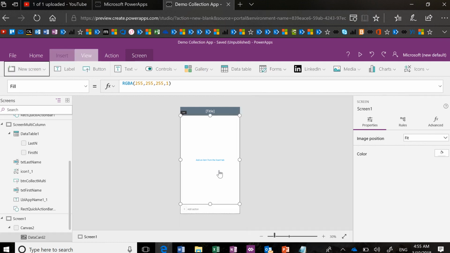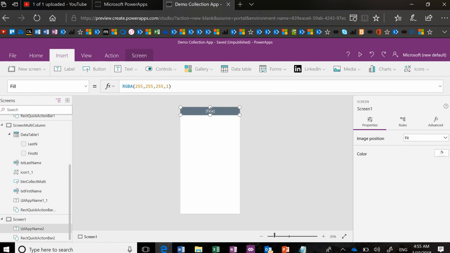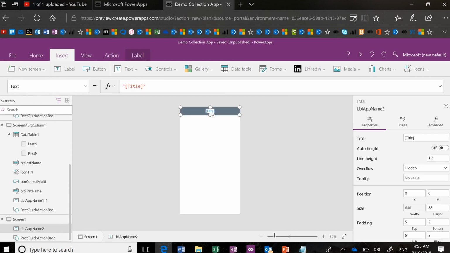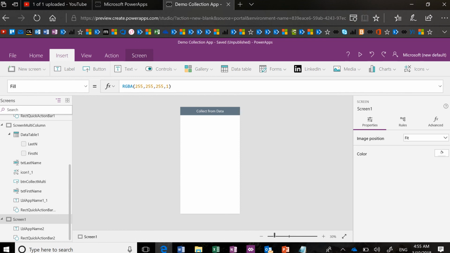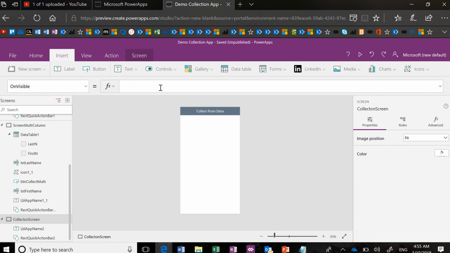Now that I have the connections to that fruits, I'm going to clean up this page a little bit because I don't need anything except for the title, where I'm going to call this page Collect from Data. Okay, now I'm not actually going to put anything on the screen. I'm just going to go straight. I'm going to rename the screen first. Rename Collect on Screen. Right? So basically what I'm going to do is go to the on visible property of this screen